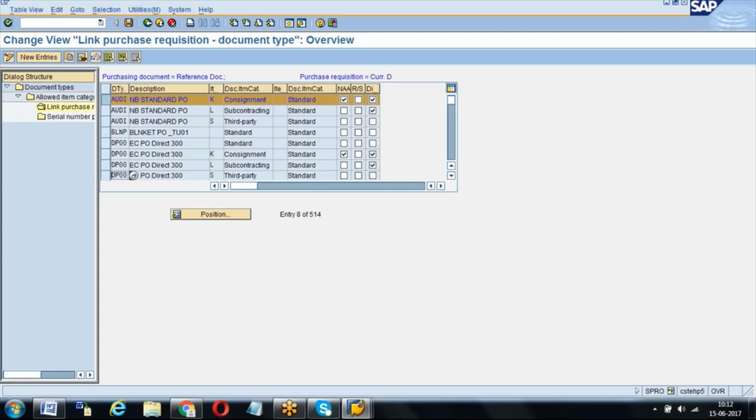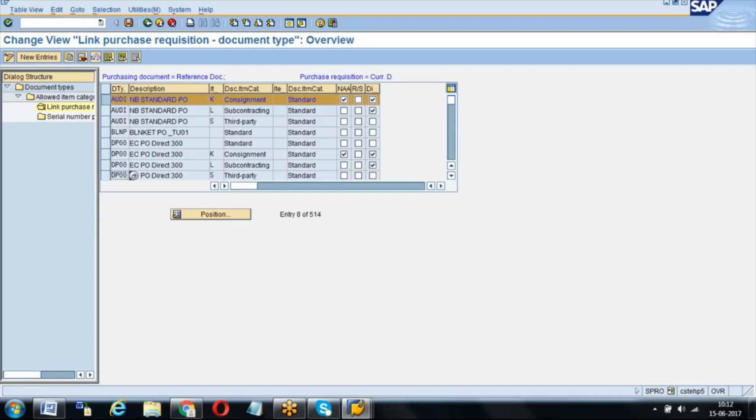But for other procurements, whatever you are buying, you will pay that amount. That means you can consume directly, or else you can keep it in any project stock or any kind of stock. Whatever you want to do, you can do, because you are paying directly and you are owning the material. Once you buy the materials, for all procurements you will be the owner. But only for consignment, you won't be the owner. You will buy and keep it in your company's premises, and whenever you use the material, then only we do the payment.